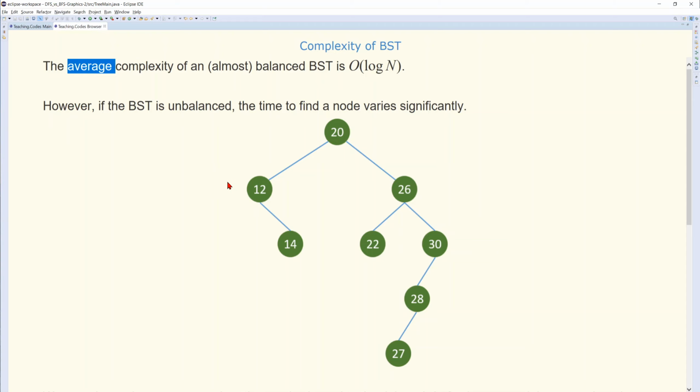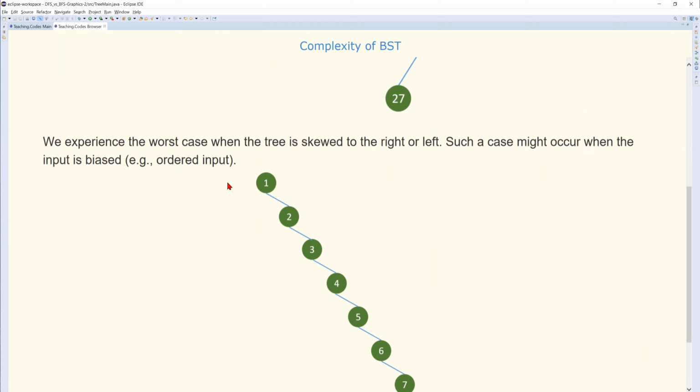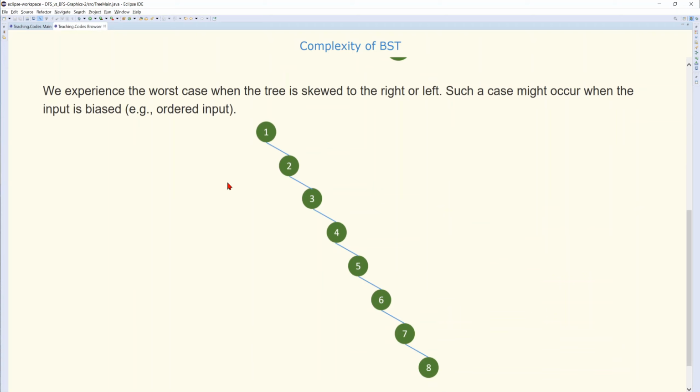The problem gets worse if the input is biased. Like if the input goes as, initially you had an empty tree, so you had only the value 1. So we initially had an empty tree. When we have the input 1,